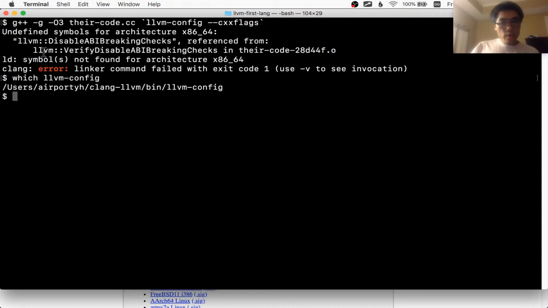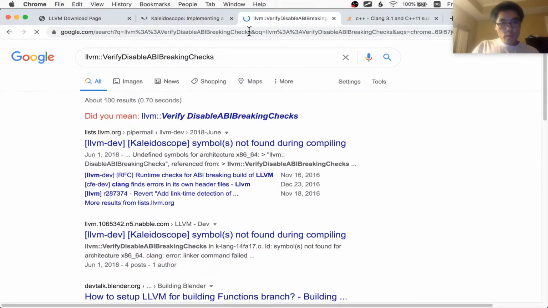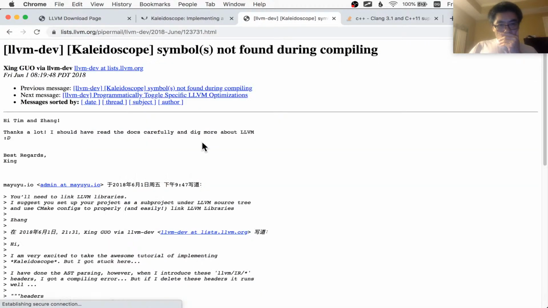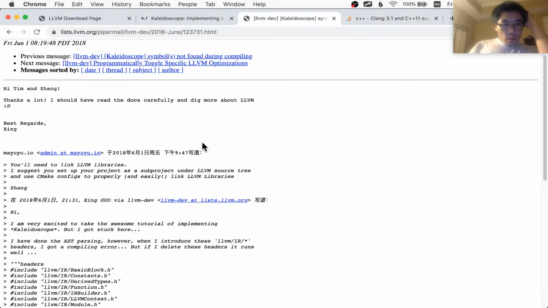I have never seen this error before, so I guess the best I can do is Google for it. I do find something related to this Kaleidoscope tutorial. You'll need to link